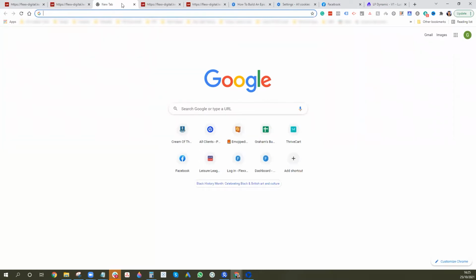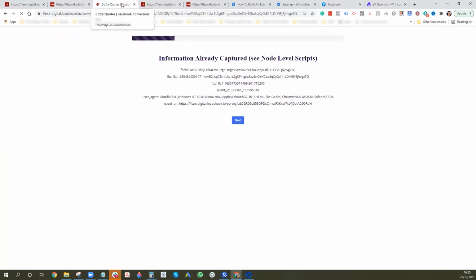Okay, let's go test it here. There we go. So it's picked up the FB CLID, and it's picked up the FBC and the FBP. Now, if you wanted to troubleshoot this, the best way to do it is to go to inspect the page,